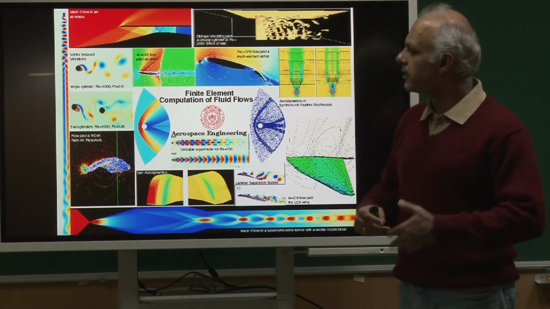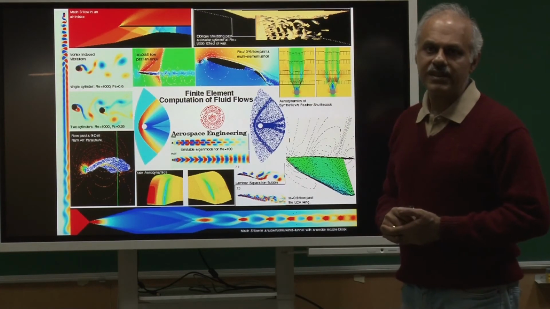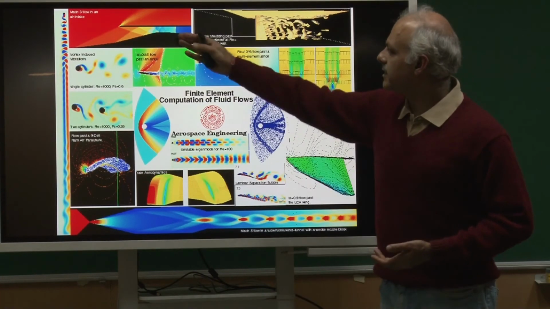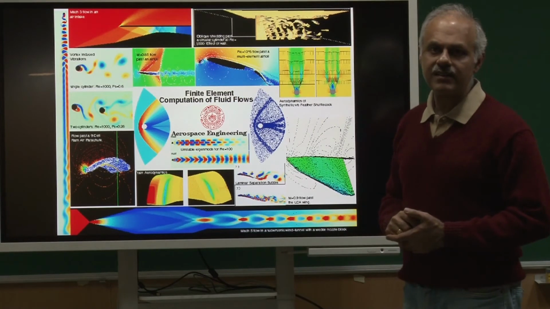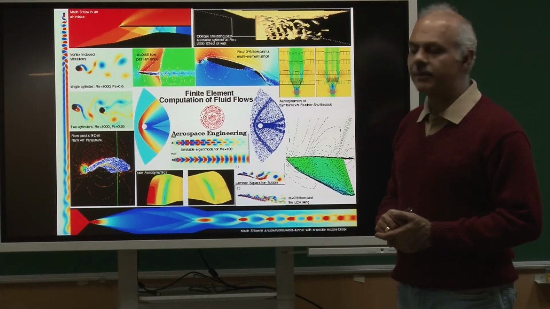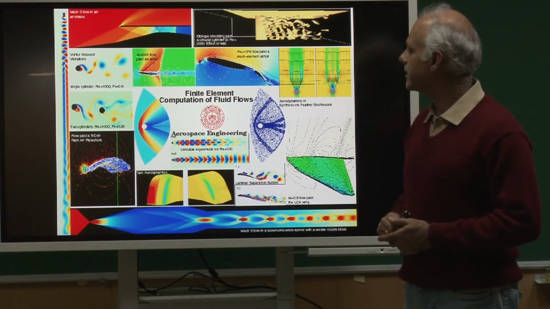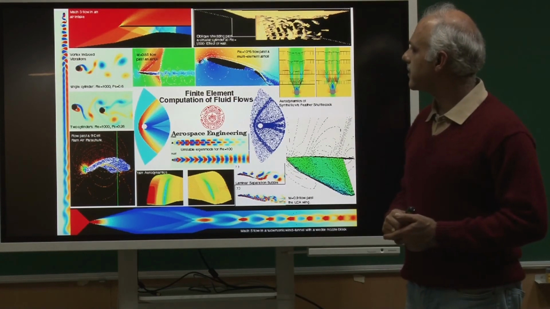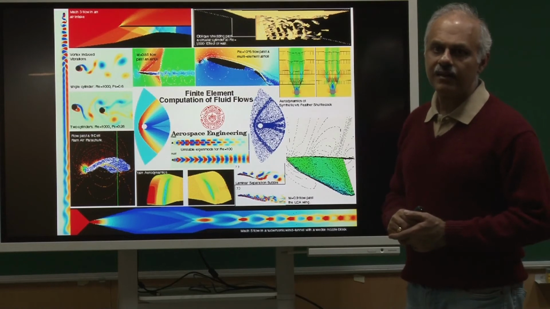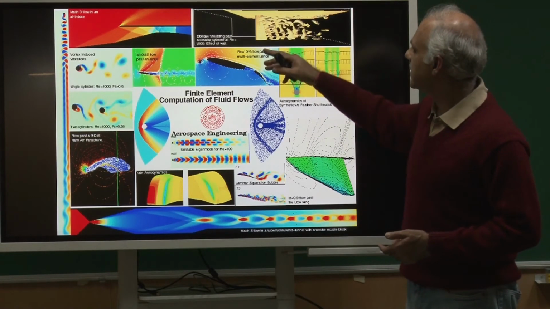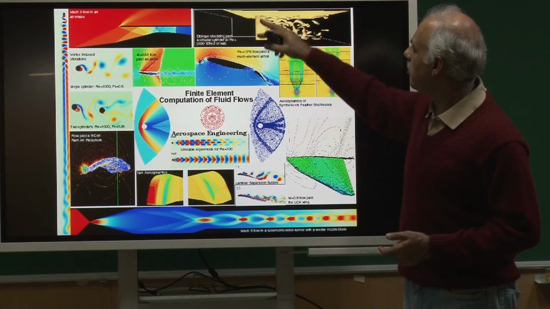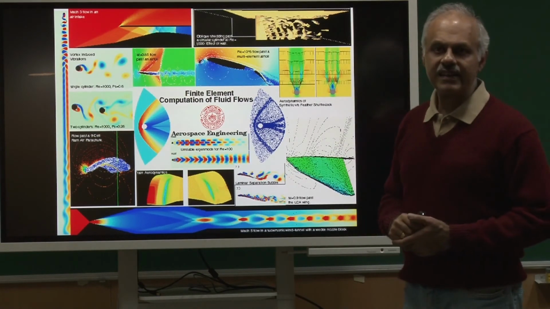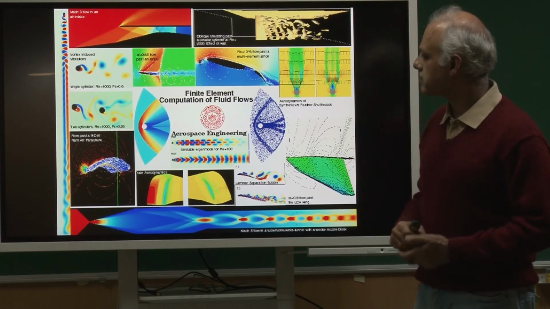So, we want to convert the kinetic energy of the flow into high pressure in an efficient manner. These are some calculations that were done to understand the instabilities that could happen in an air intake. These are some very canonical problems about transition of flow on bluff bodies. This is a circular cylinder going from one wall to the center of the wind tunnel, and we want to understand vortex shedding and the related transition.